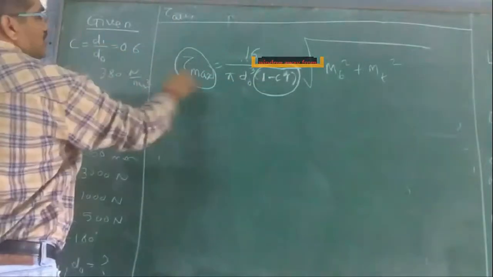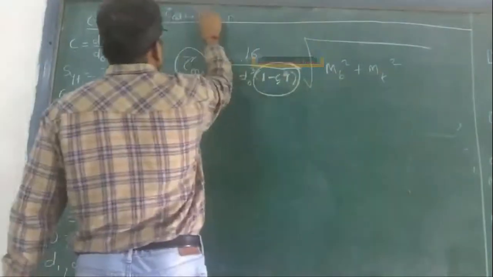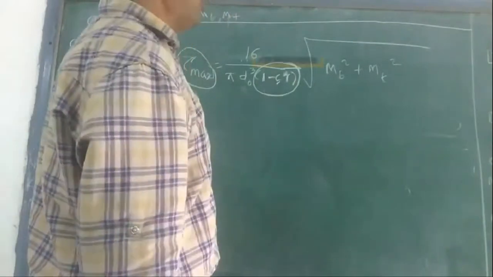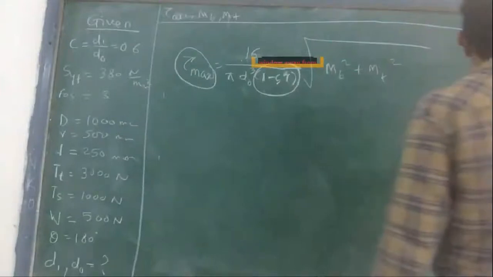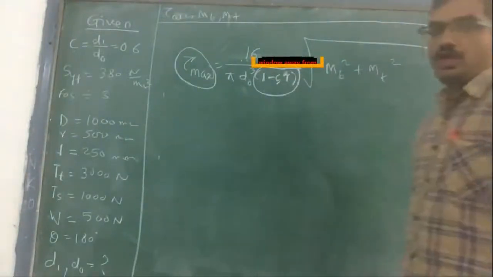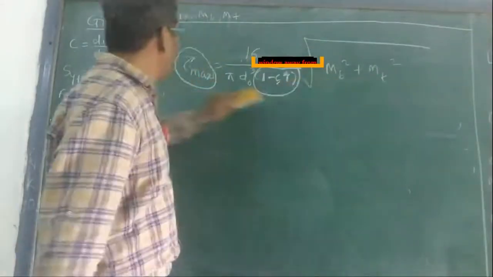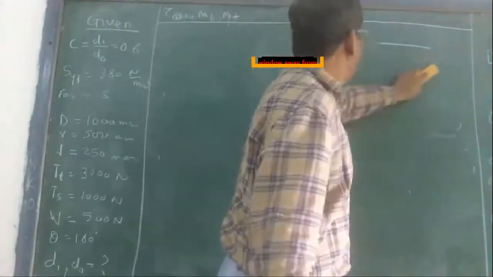We already know the factor. Once we know this, we know the bending moment and the twisting moment. The bending moment will be load into this distance, and the twisting moment is the torque. Now how do we find the torque? Basically we need to find the torque, bending moment, and allowable shear stress to solve this problem. So this is the formula we will be using.